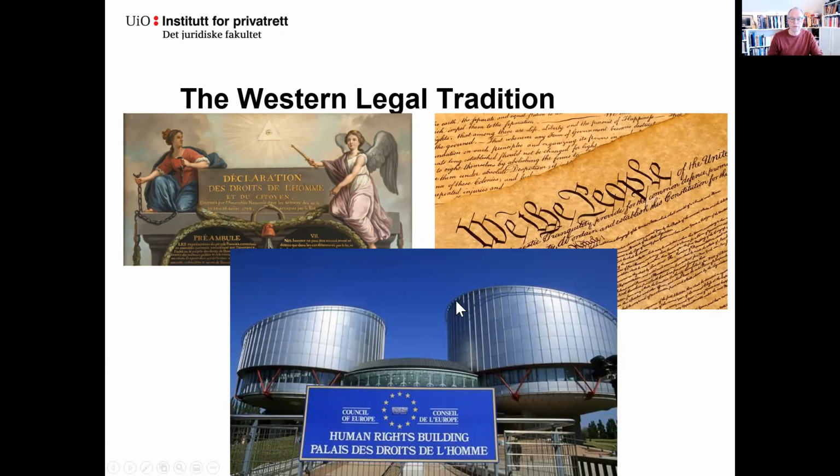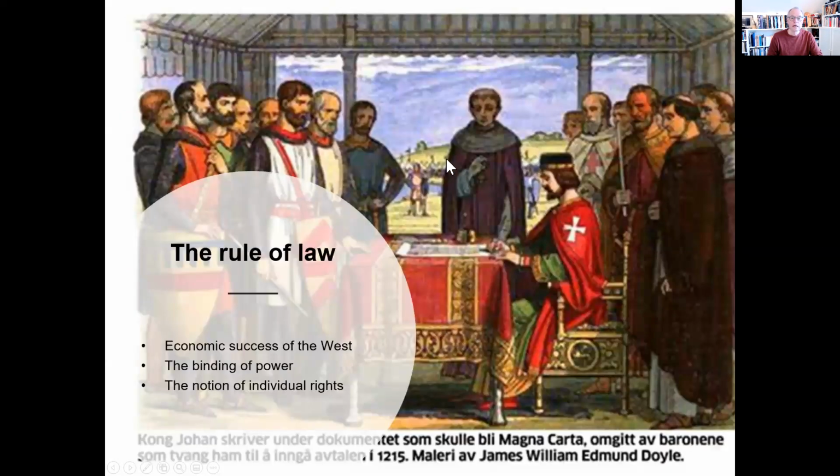The Western legal tradition, however, the way I see it, goes further back than the Enlightenment and the French Revolution. We can say that it goes all the way back to the Middle Ages, and the conflicts between the kings and the nobility at that time, and between the kings, emperors, and the Pope. Many historians claim that the type of management and law that developed at this time is part of the explanation of the economic success of the West after the 16th and 17th century. Because at this time then,